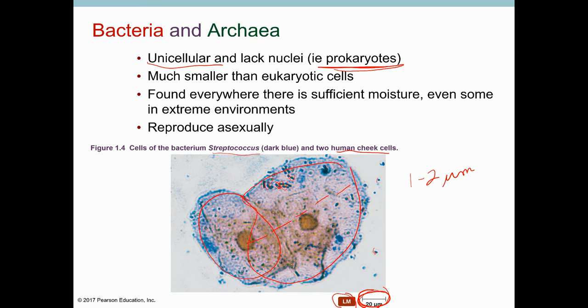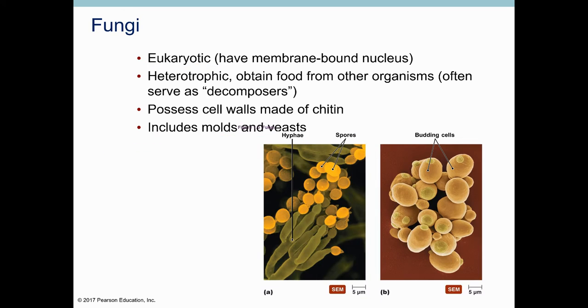Bacteria and archaea reproduce asexually. They divide by something called binary fission. And binary fission is very similar to mitosis that we know about in eukaryotic cells. It's just a way of a cell dividing to make two genetically identical cells. Because these are unicellular organisms, one cell makes the whole organism. That means that when that cell divides, the whole organism is reproduced. So that is the way that the prokaryotes reproduce.